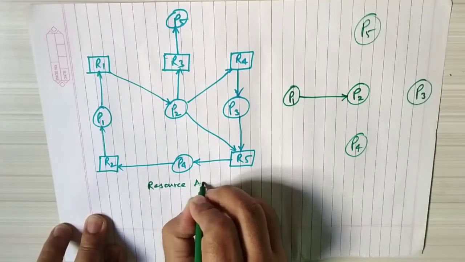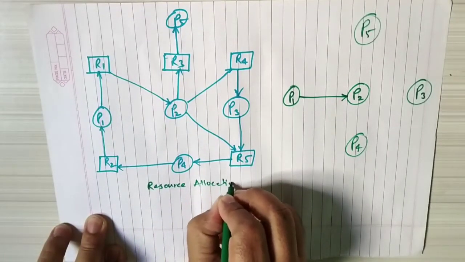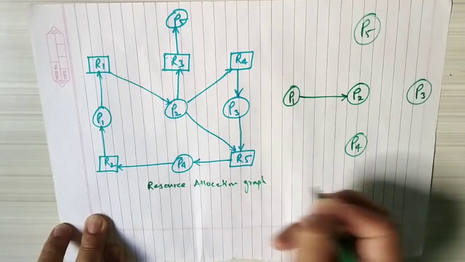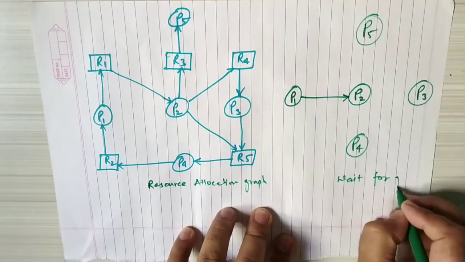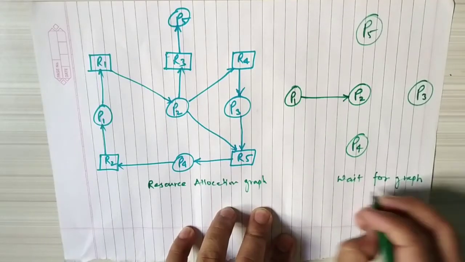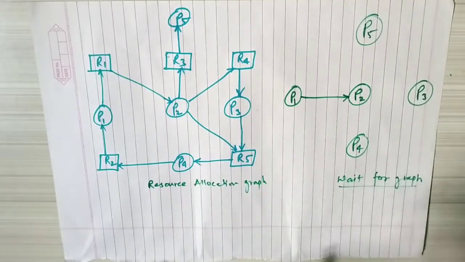This is the resource allocation graph, and this is the wait-for graph. Okay, so this is the wait-for graph. So we have